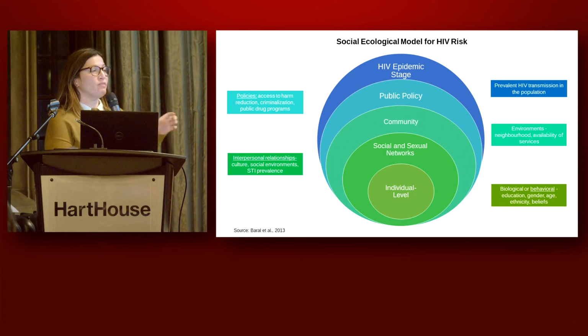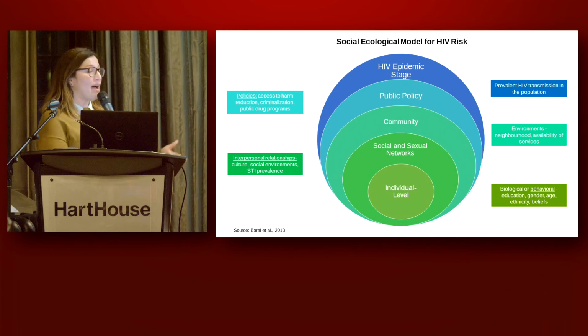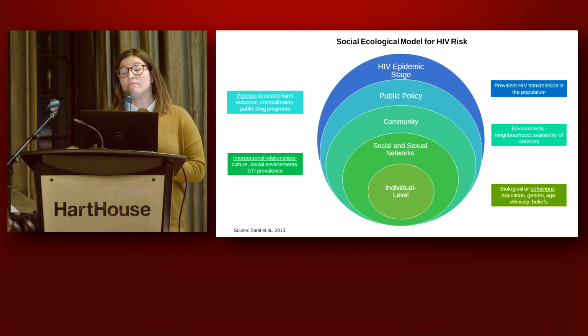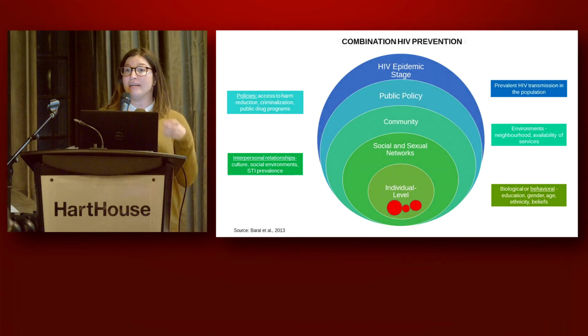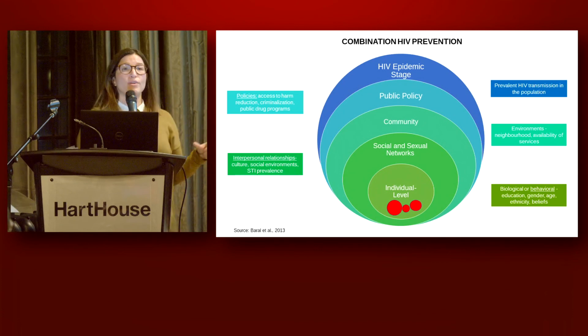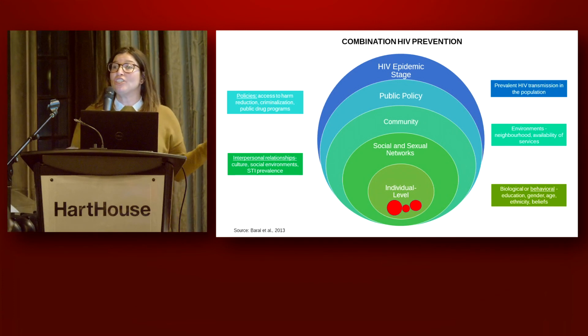So I think in terms of the implementation piece around what Sharmista was just saying around mixing it all up is that we can't do everything in a silo. So even though we have all these great tools, we have PrEP, we have a vaccine that's coming, we have this U=U campaign, we have positive steps towards reduced criminalization for people living with HIV, they can't all exist on their own, because even if you just have one intervention at an individual level, unless you address the public policy, the social networks that people live in, the communities that they live in, if there's access to things like safe injection sites. So we know, for example, that we're experiencing a huge opioid crisis.